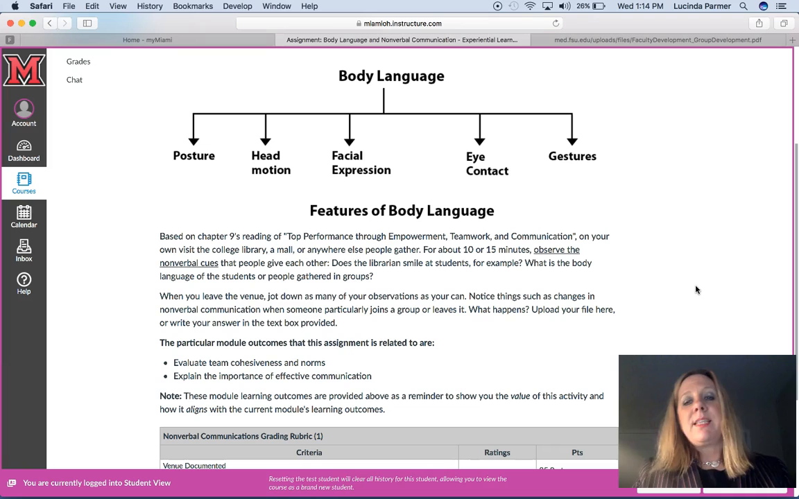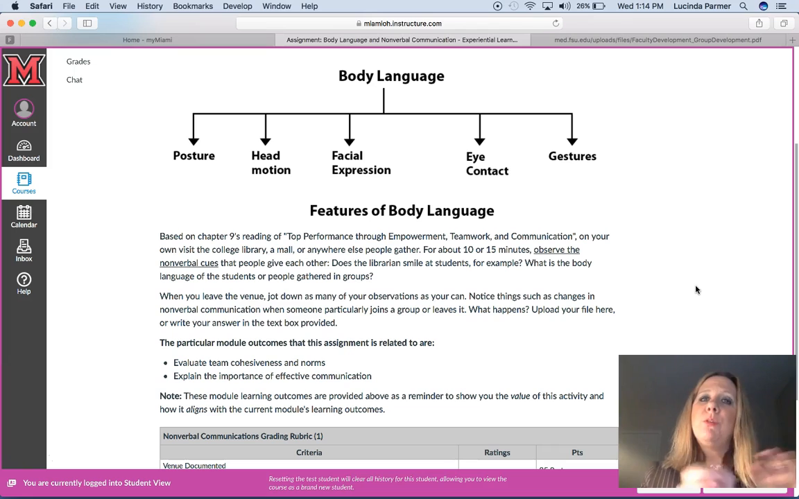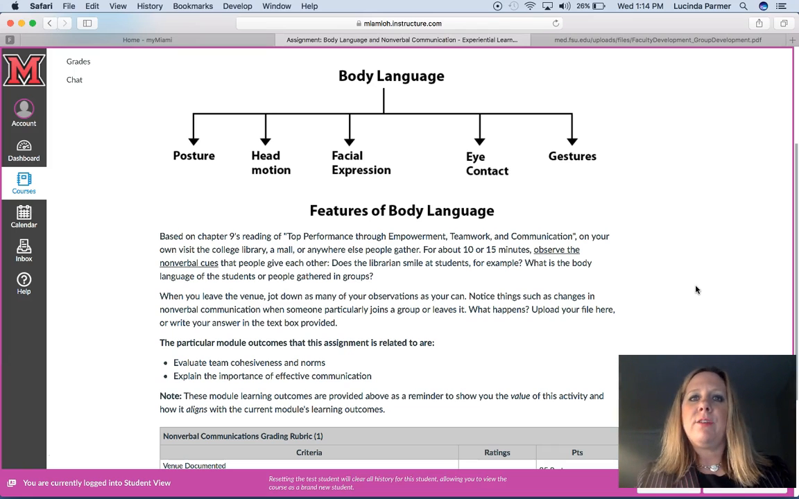Notice things such as changes in nonverbal communication when someone joins a group or leaves it. Are they giving a hug? Are they waving goodbye? I want you to be learning how to understand the way people communicate